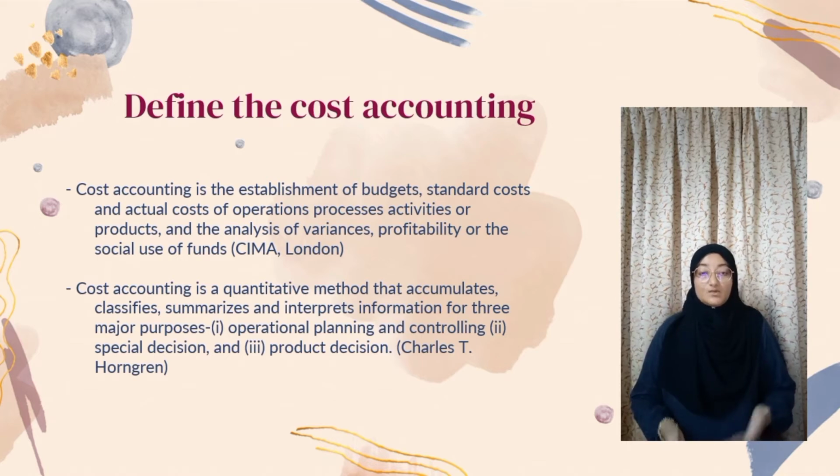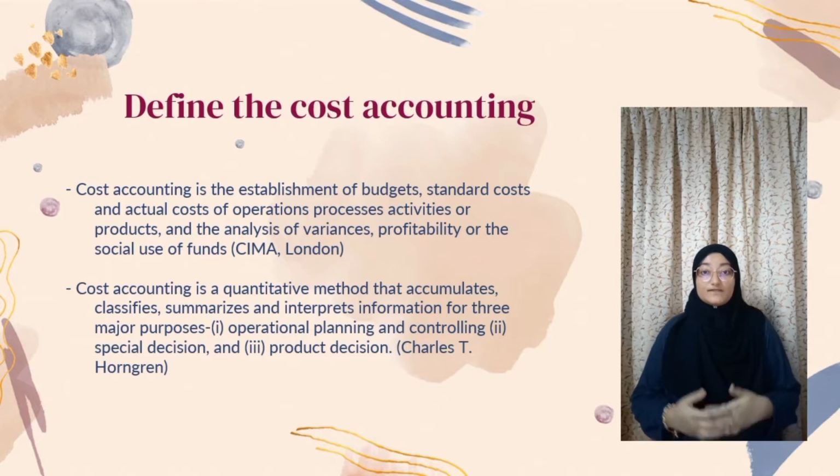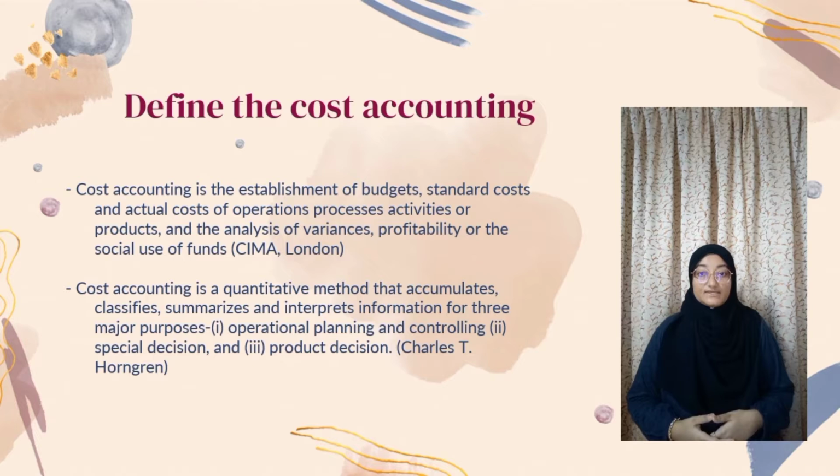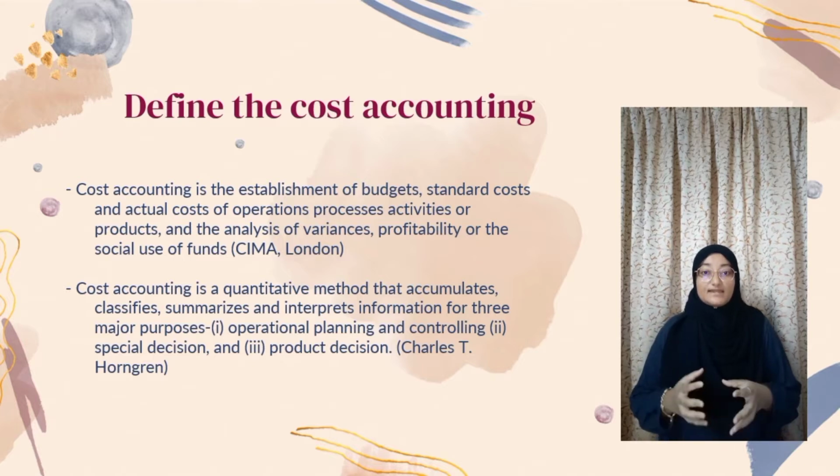So, the first one, what is the definition of cost accounting? Cost accounting is the establishment of budgets, standards, costs, and actual costs of operation, processes, activities, or product, and the analysis of variances, profitability, or the social use of funds by CIMA London. And cost accounting is a quantitative method that accumulates, classifies, summarizes, and interprets the information for 3 major purposes, which